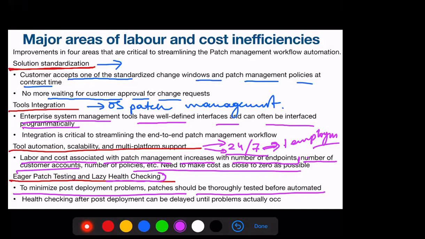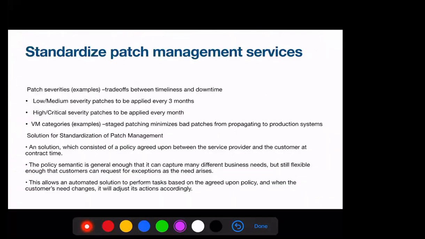Yes, sir. Okay. So in a gist, can you help me? Now I am changing my presentation slides. Now you tell me, what are the major areas that we need to look upon during the patch management in cloud? If you have understood this, then you should be able to answer. It's just a recapitulation.